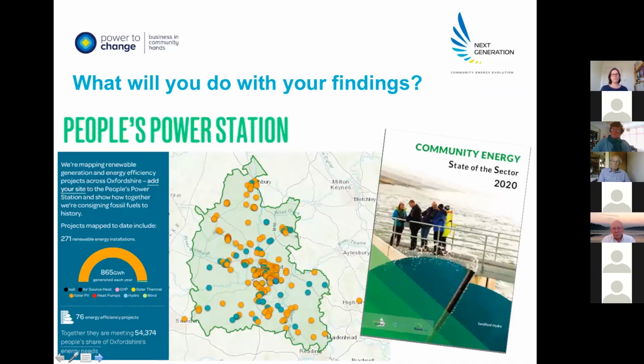And in terms of motivating people, we've started collating not only where all of our solar panels are in Oxfordshire, but we've also asked people who've got their own solar panels or done energy efficiency projects to start to put them onto a map that we call the People's Power Station. And it's beginning to show where you fit collectively. It can be quite hard to feel like you're really making a difference when you're just thinking about your own organisation. But when you can start to see all the collective action that's happening and start to talk and meet with other like-minded people who are working on this, you begin to get a better sense of what's happening at a national level.